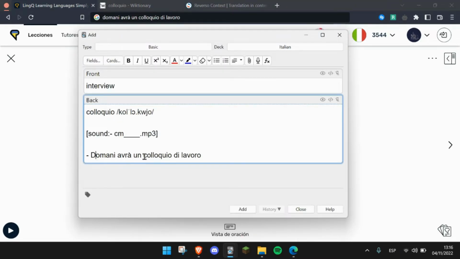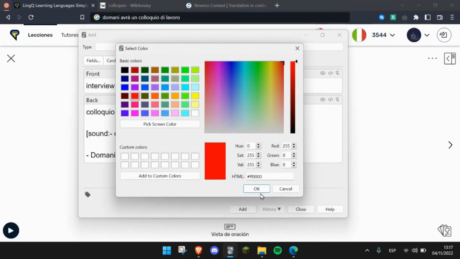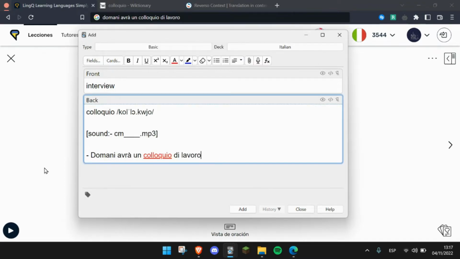Also, what I like to do with the word that I'm trying to learn is I underline it here and I select the red color, and that's all. It just looks better visually, at least for me. I don't mind spending 1 minute more just searching the pronunciation and coloring it because it looks better.